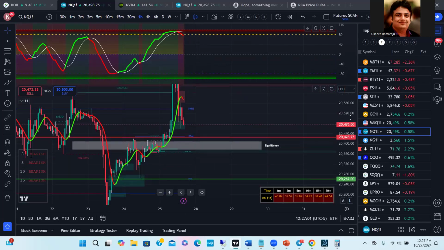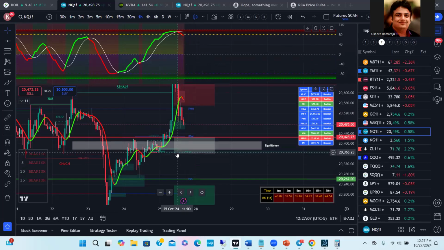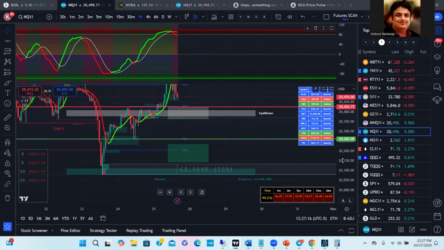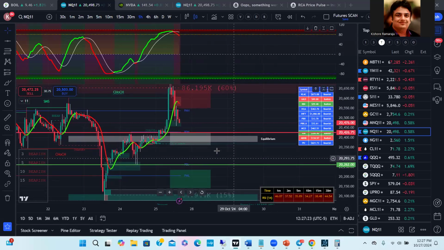So tomorrow we may see more drop until minimum 20,000, or today evening we may see further drop until 20,368. If it also breaks that level, it may come all the way to 20,080. Right? If the war continues, we may see further drop. It may come all the way here before again it goes up. Or if the war stops, maybe it will come another 100 points down this evening and